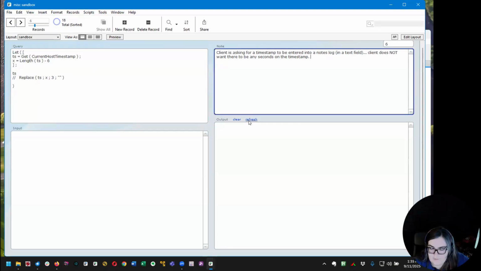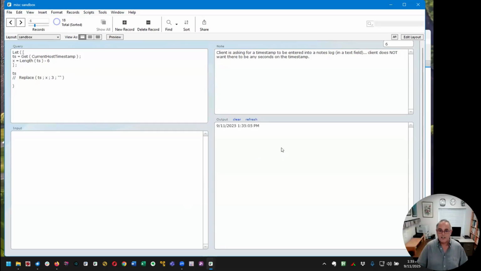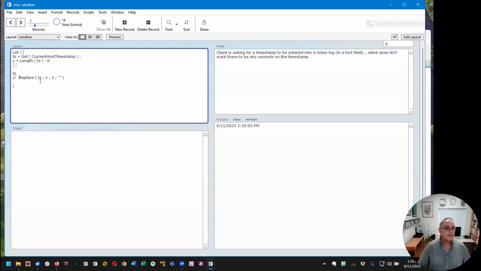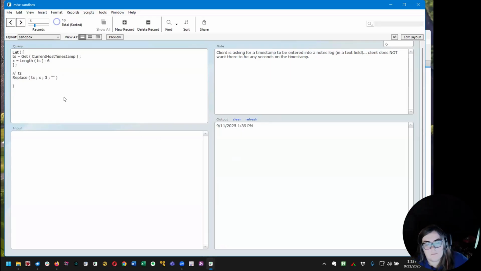So first let's just look at the timestamp. Here's a timestamp. And what we're doing is we're building a notes log. So every time it clicks a button, it makes a new line at the top of a text field, and then puts him down on the next line so we can start typing notes. He doesn't want to see the seconds. So what we're doing here is we're simply saying, well, let's first show that it works. That's what he wants. He doesn't want to see any seconds. Great. Let's generate the